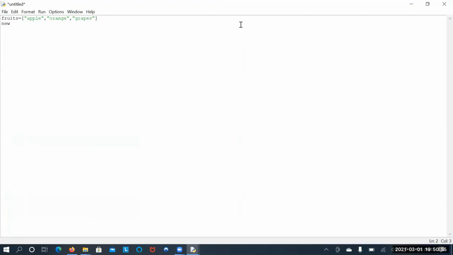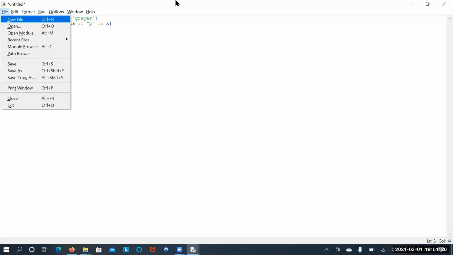Here I am going to create a new list by using list comprehension. Output sequence is X, for each X in fruits, if P in X. Now I am going to print the value of new list.